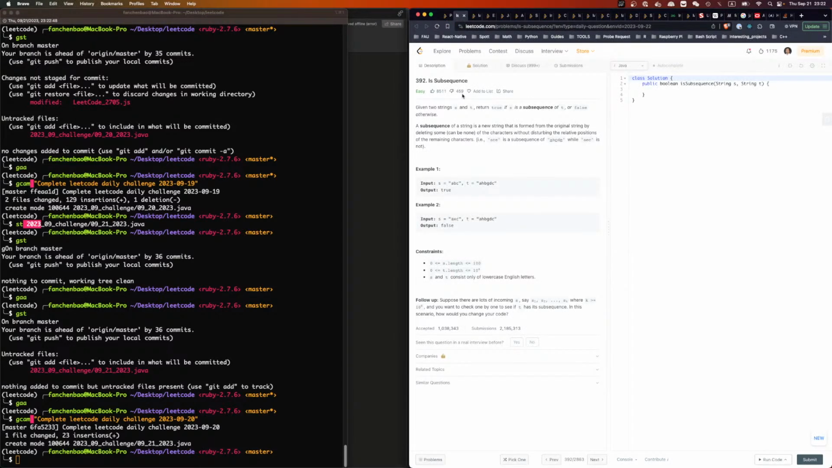Is Subsequence: given two strings, return true if s is a subsequence of t, false otherwise. A subsequence is a string formed from the original by deleting some of the characters without disturbing the relative positions. For example, "ace" is a subsequence while "aec" is not. Okay, so